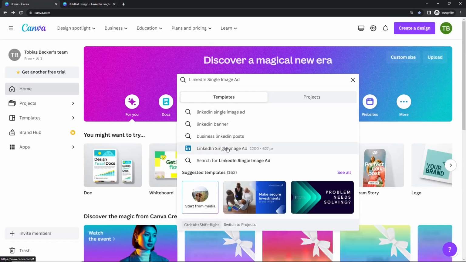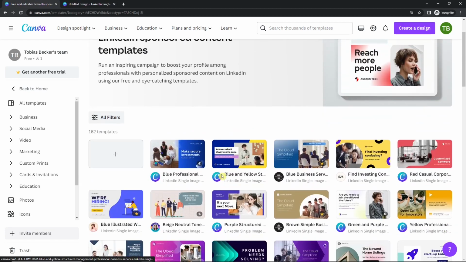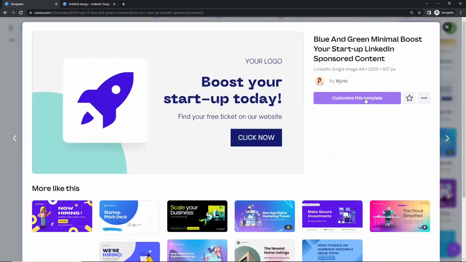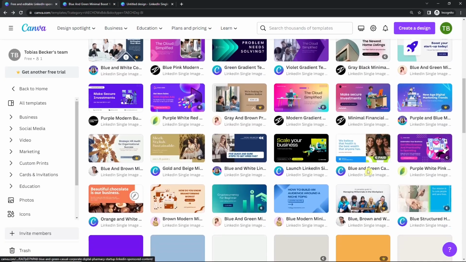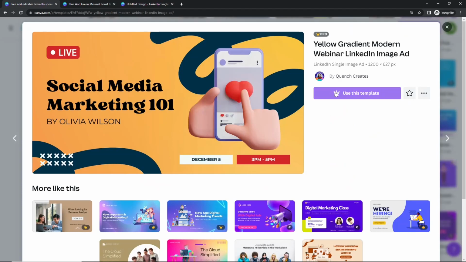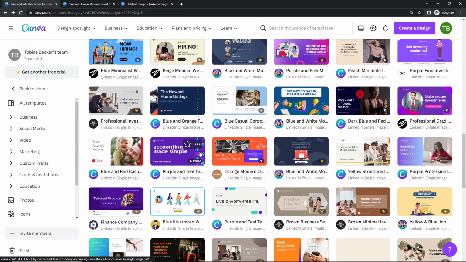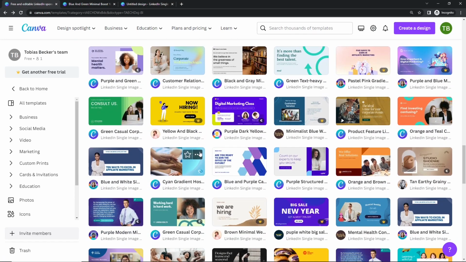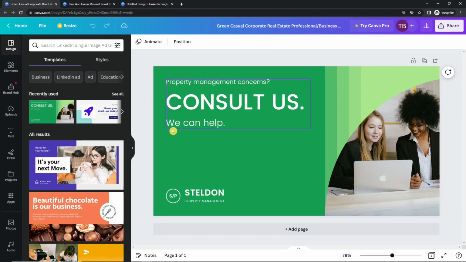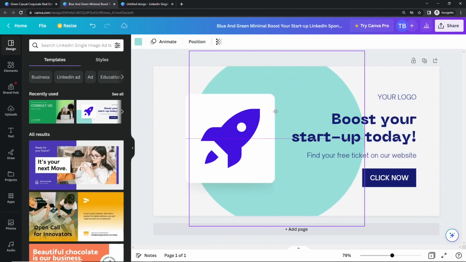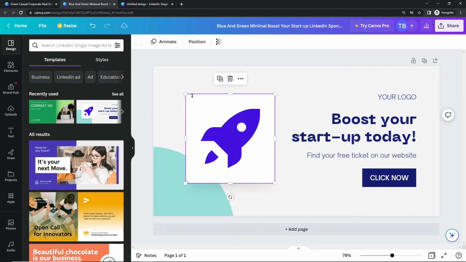Okay, let's also use, just for that, a template, maybe a good one. This one looks pretty nice. Some of them are only usable paid, but this one is not actually. This one is also nice, but only with Pro. You can see that here. No, that's fine actually. Yeah, that's okay. This one is also good. Consult us. Okay. And let's start with this here. This is just a circle. This is just